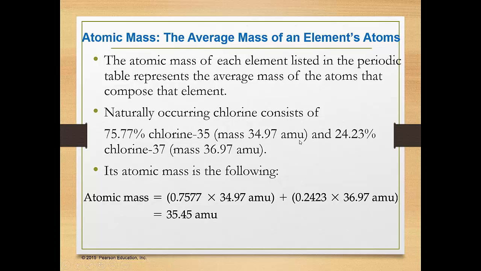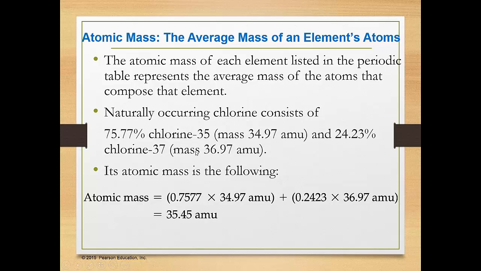So an atomic mass unit we already looked at a little earlier. It's a little bit different from just number. It's dealing with the actual atomic masses relative to something else, in this case carbon. Okay, so if we know the mass of the chlorine in these atomic mass units where we're ratioing the mass to that of carbon, and then for chlorine 37, 24.23% of it has a mass of 36.97 atomic mass units. So we would need to know the atomic mass units, but if we have that, we can calculate those numbers